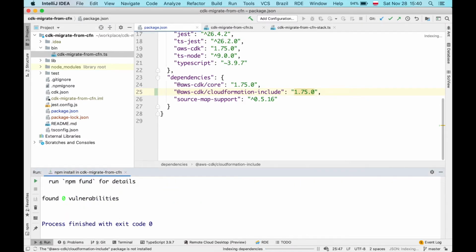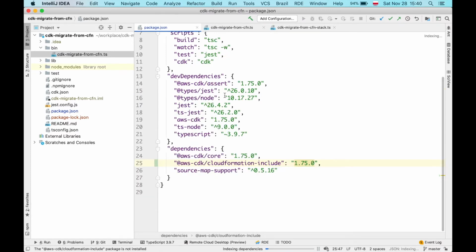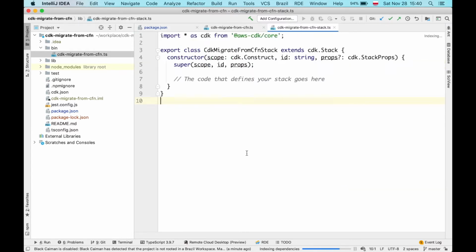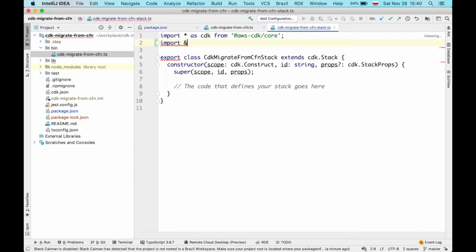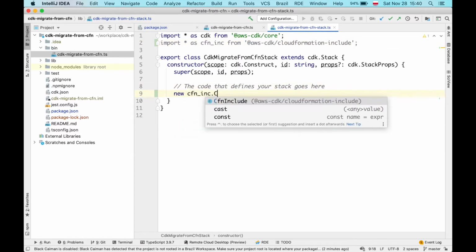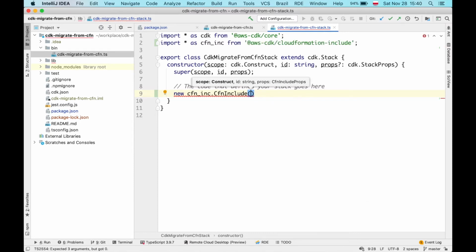Great. So the package has been installed, and now we can use it in our stack. Let's first import it in our stack code, and then the CloudFormation include module contains a single construct that we instantiate as CfnInclude,